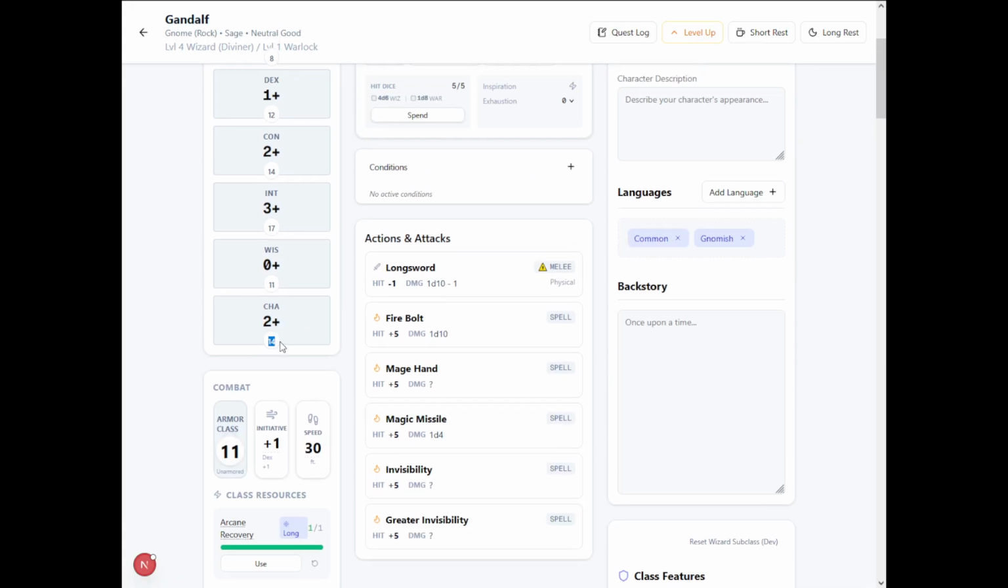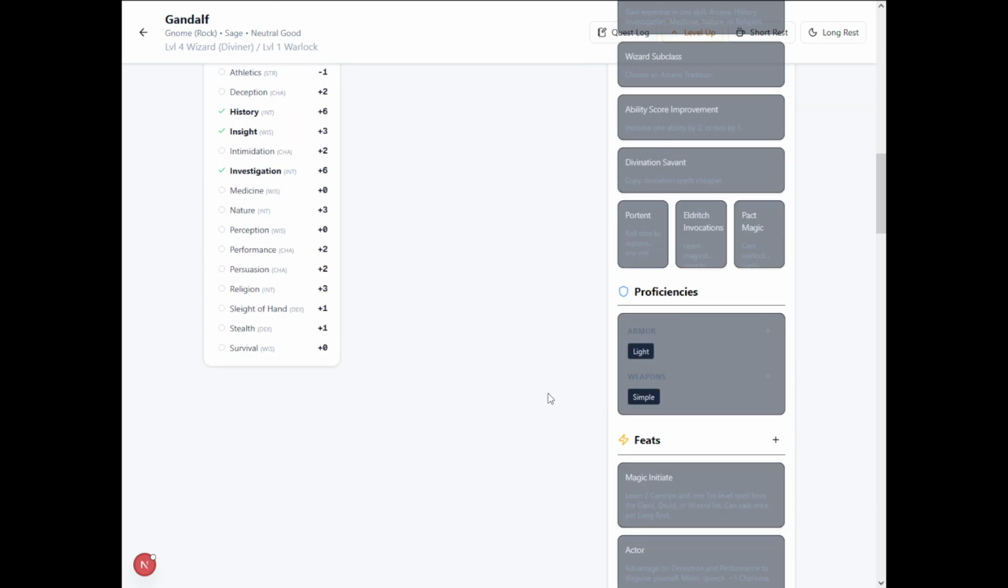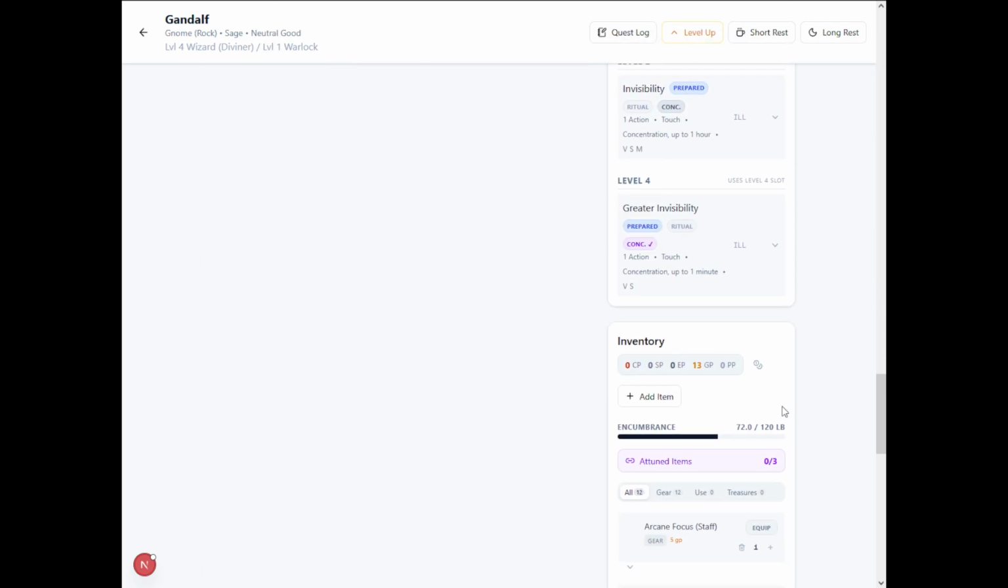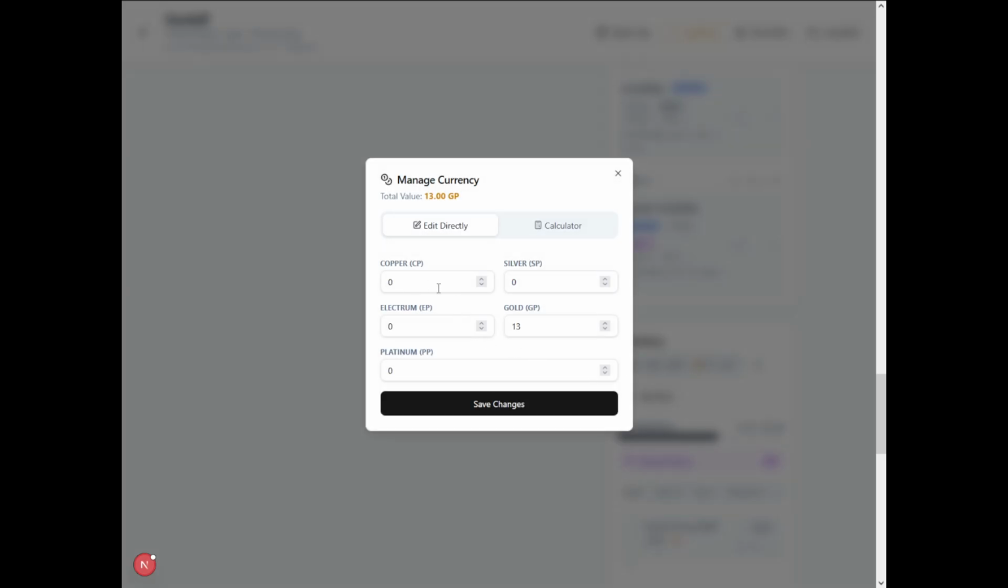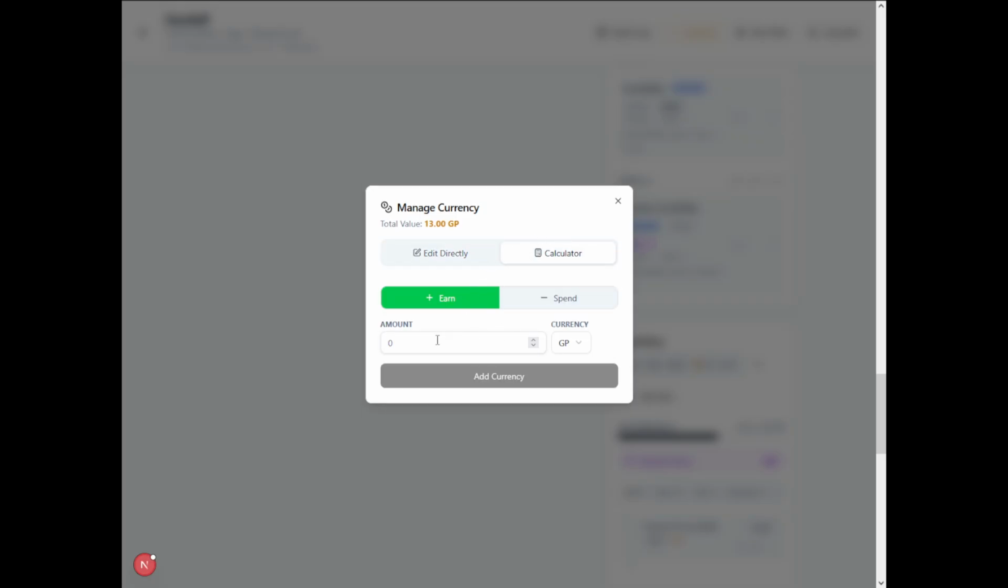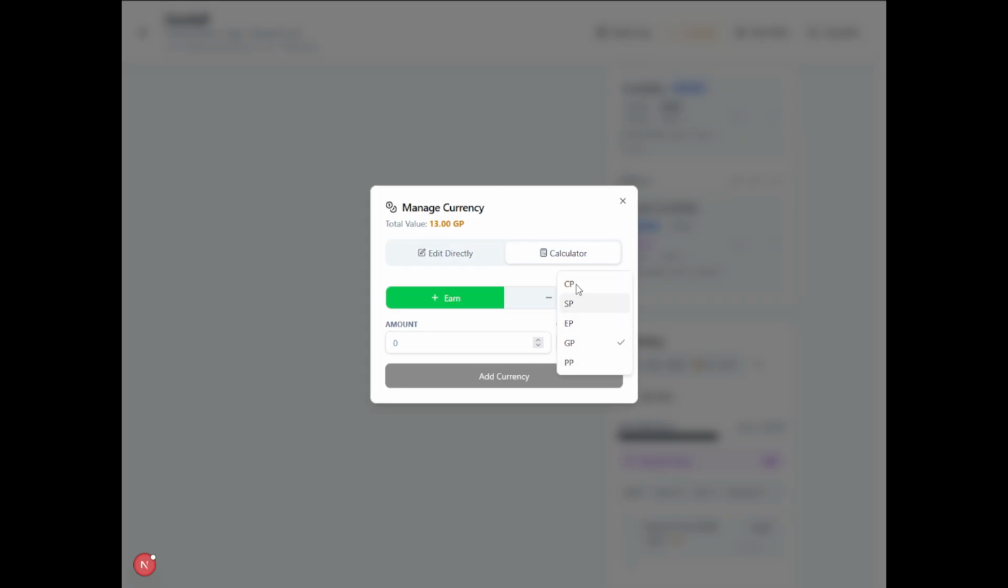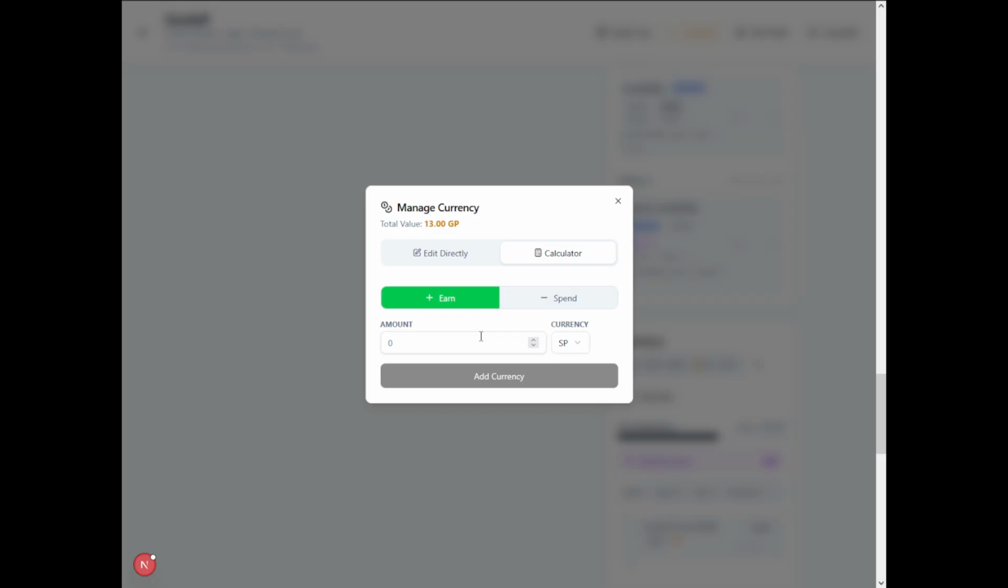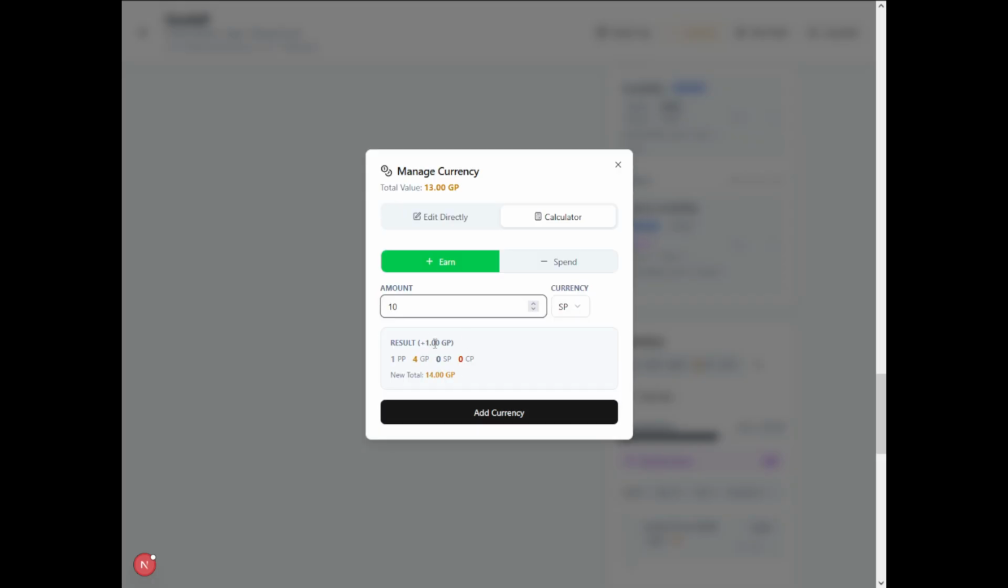So my charisma is now 14. Now I will be moving to some other stuff in the inventory. We have the currency management, so I can manually set my currencies, and we also have the currency calculator. I can earn any of the currency. So for example, if I add 10 silver, this will be my